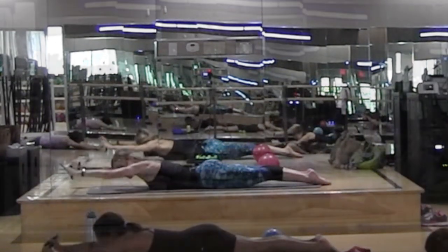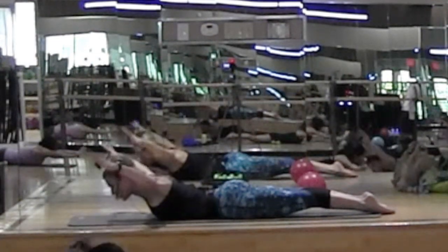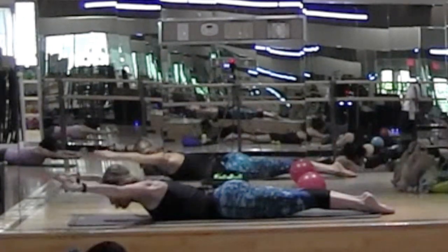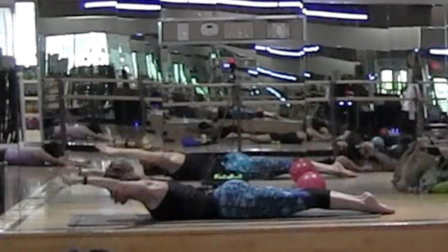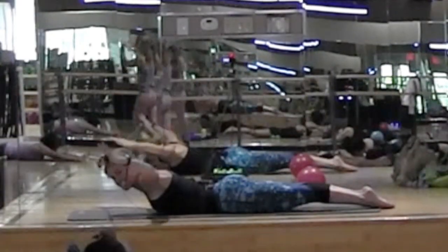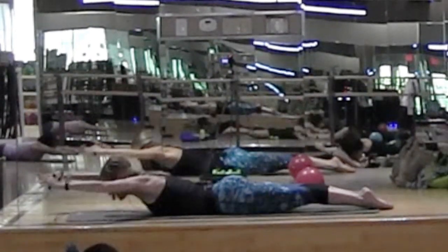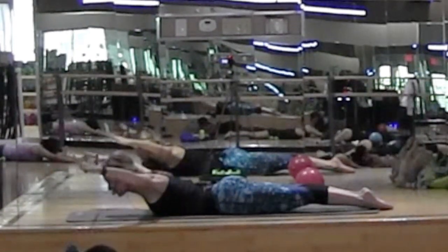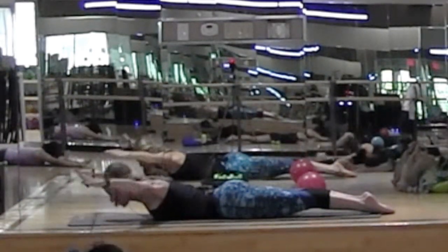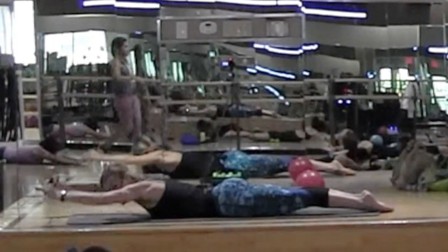And then reach forward and down. Lift. Exhale, pull. Reach. And down. This is a good time to get back in touch if you lost touch with those core stabilizers. So lift, exhale, engage. Reach and down. Lift, diaphragm, pelvic floor, reach and down, lift, right there, reach, down, lift,